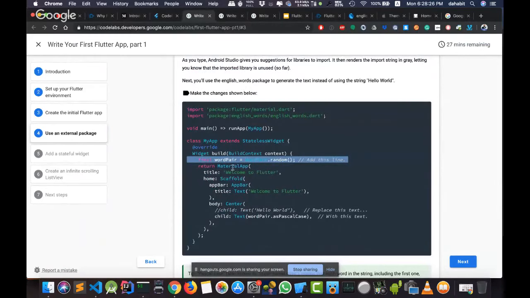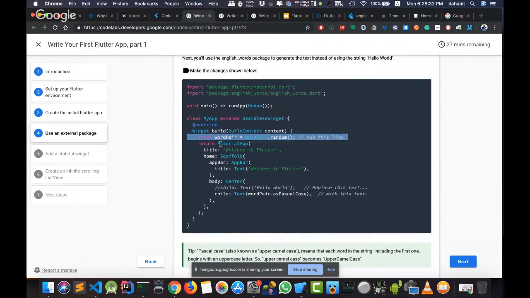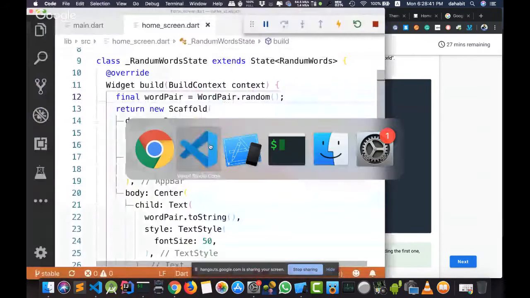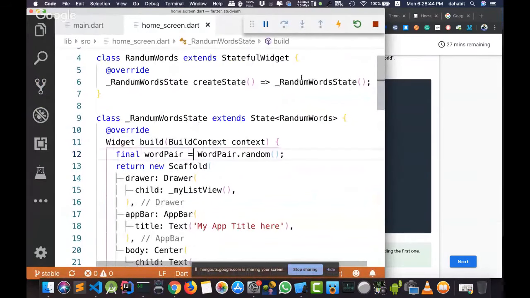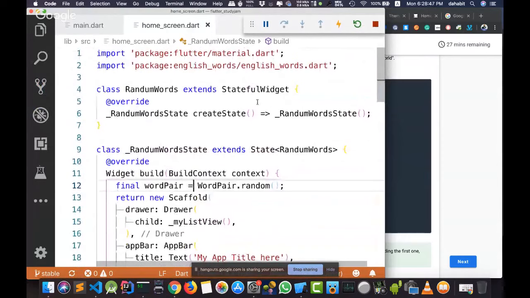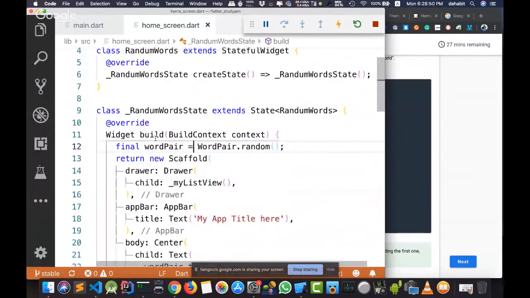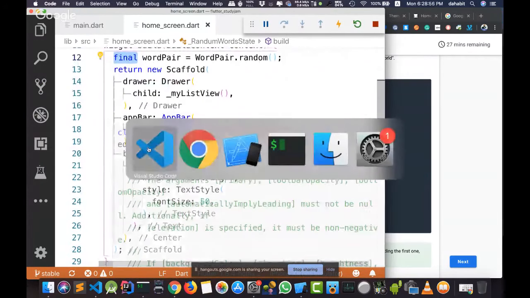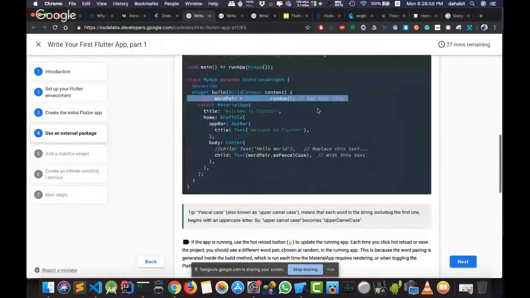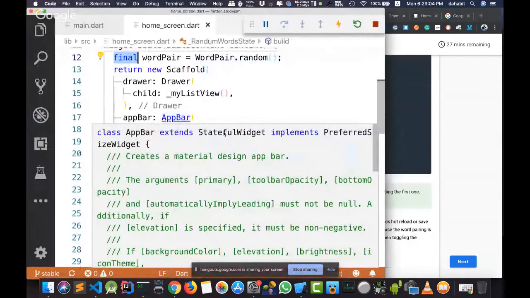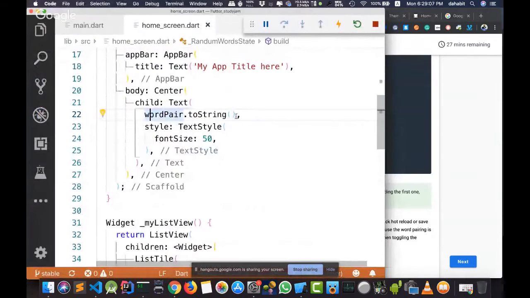And here, it's better when you are using a stateless widget to use final. The IDE itself will force you to use final with the stateless widget, because stateless has no state. But here, even if I used a variable, maybe we can give an example, because I changed this one to stateful. If I am using stateless here, the editor will complain if I didn't use the final word for defining my variable. And after defining my variable, I am passing this variable to my text widget, as you can see here. Word pair dot toString.